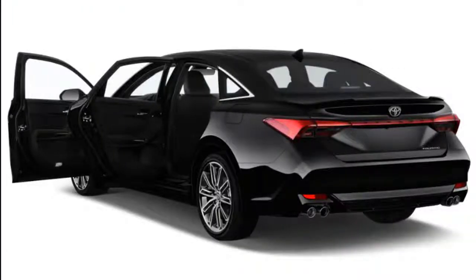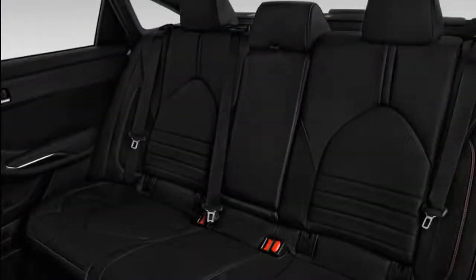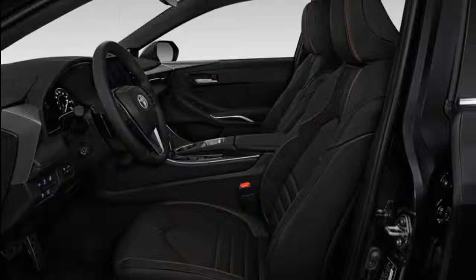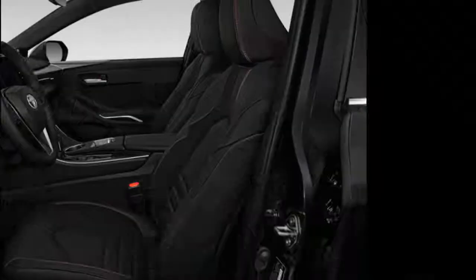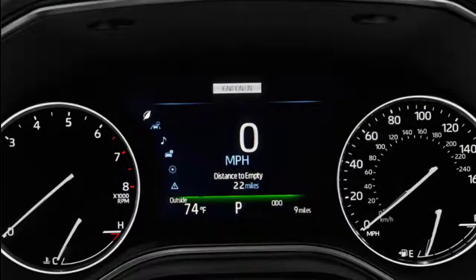Sportier trims get metallic accents that are eye-catching, especially in bright sunlight. The large, 9.0-inch touchscreen dominates attention in the center of the car. It floats above the dash, canted slightly toward the driver, and is flanked by redundant buttons for menu, navigation, map, and other controls. The infotainment pillar has one unfortunate consequence: it creates a small dead space behind the shifter, where